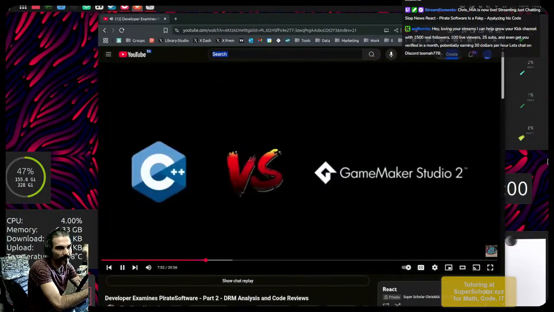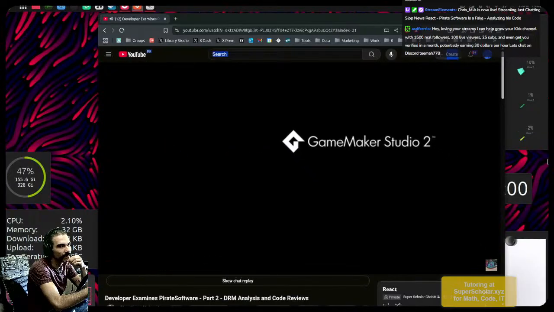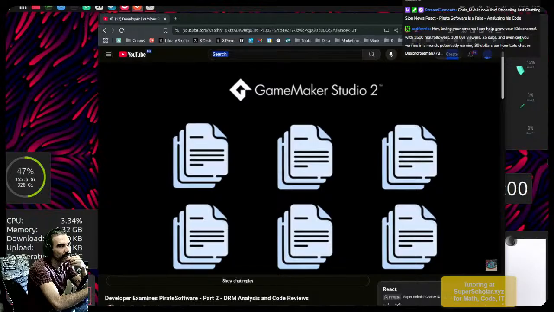Now, let's talk about the C++ versus GameMaker issue. GameMaker is a game engine, and it has its own process of packaging up a game build and will include many more files than just a single exe. You might think this would make the cracking process more difficult, but the exact opposite is actually true. The reason is GameMaker builds are something that is well understood, and there are lots of decompilation tools.